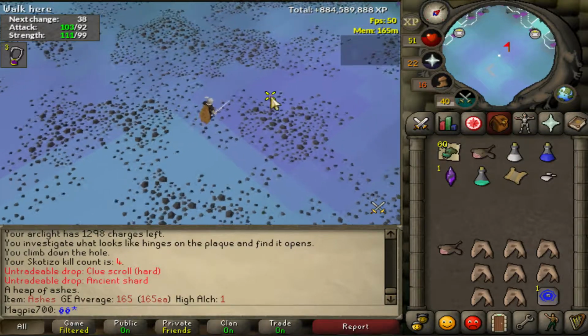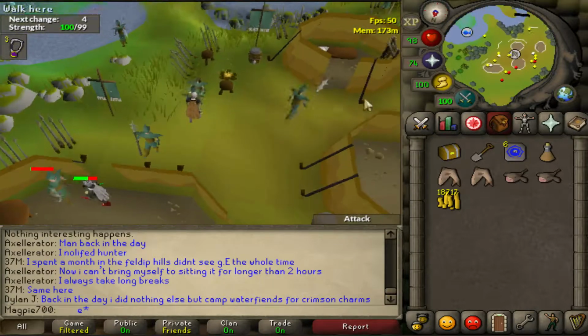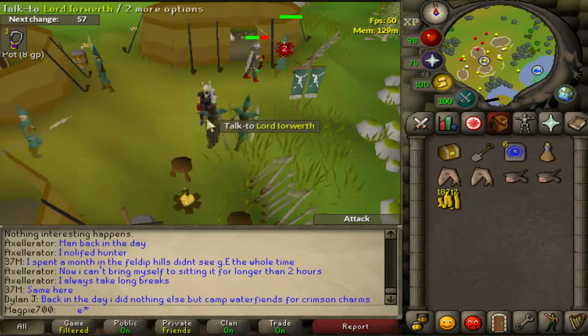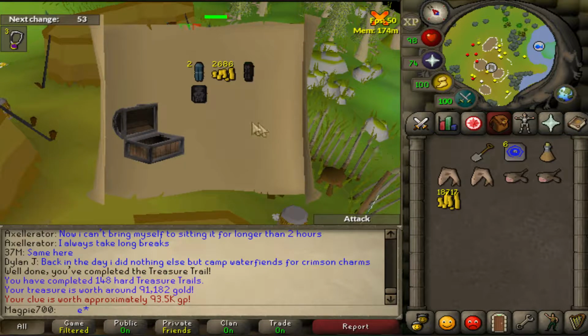But well, we'll do the hard clue. Oh, hello there, Mr. Elf Place. So, since this is an elven place, I am obviously gonna get something amazing. Something worth as much as that crystal halberd you have there. Boom. Well, I mean...